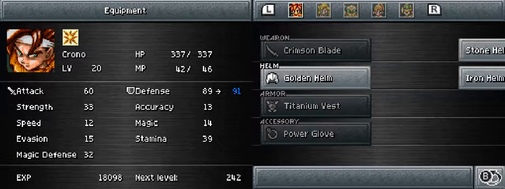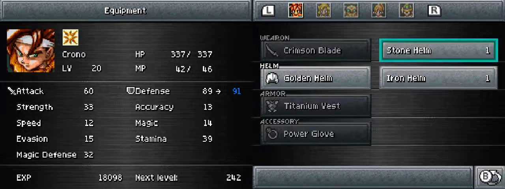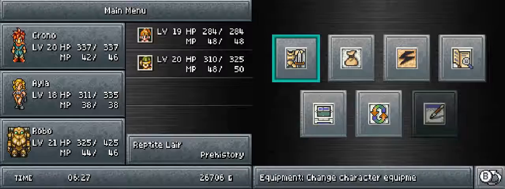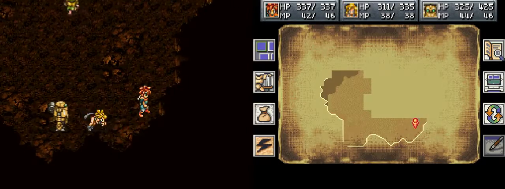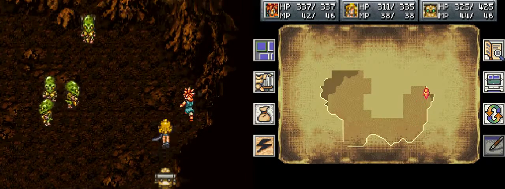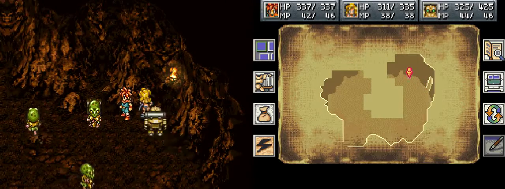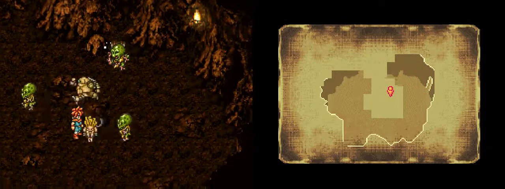So we got a stone helm, and what does it do? Well, it raises defense, but it doesn't say anything else otherwise. It's strength plus 2, so that's good with me. I mean, you don't even have to fight these guys. If you stand still at certain parts, then... I mean, I won't have a choice here, but...